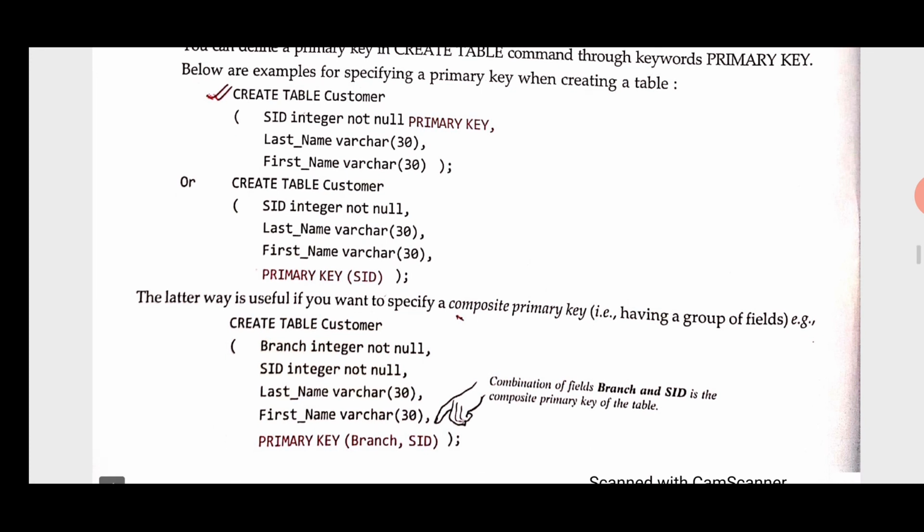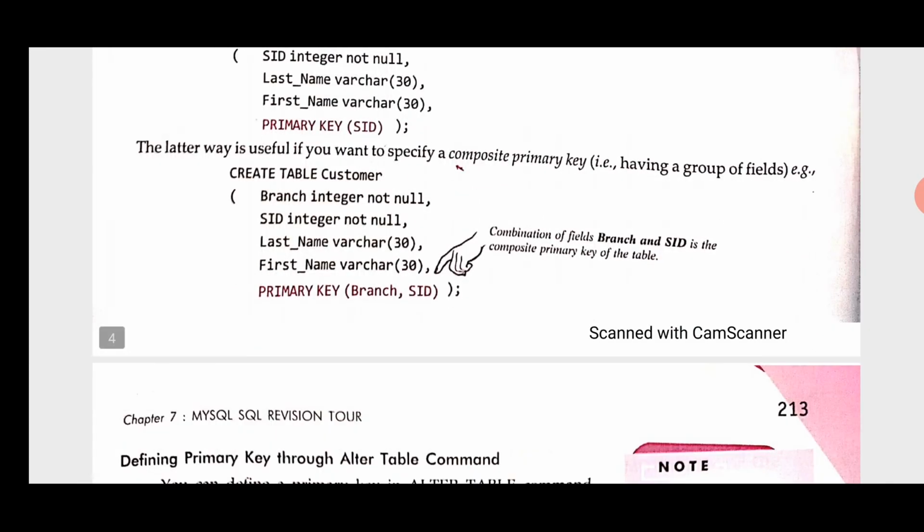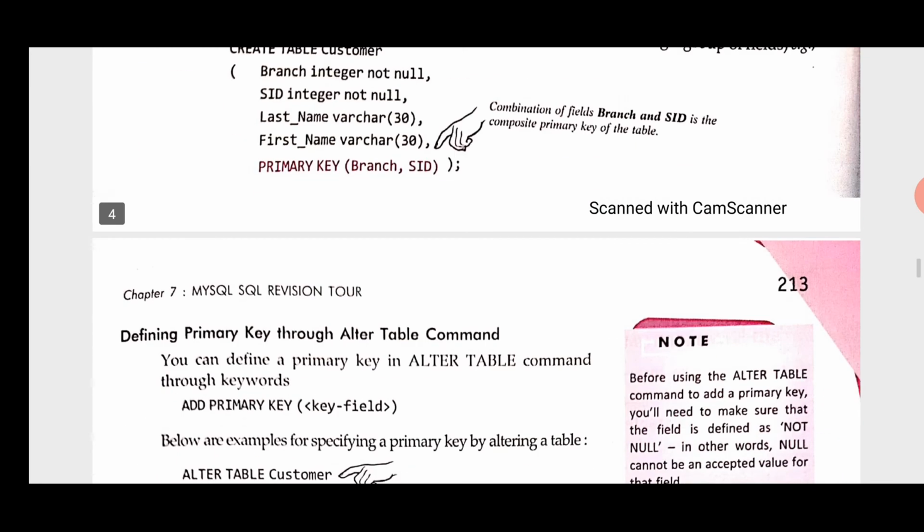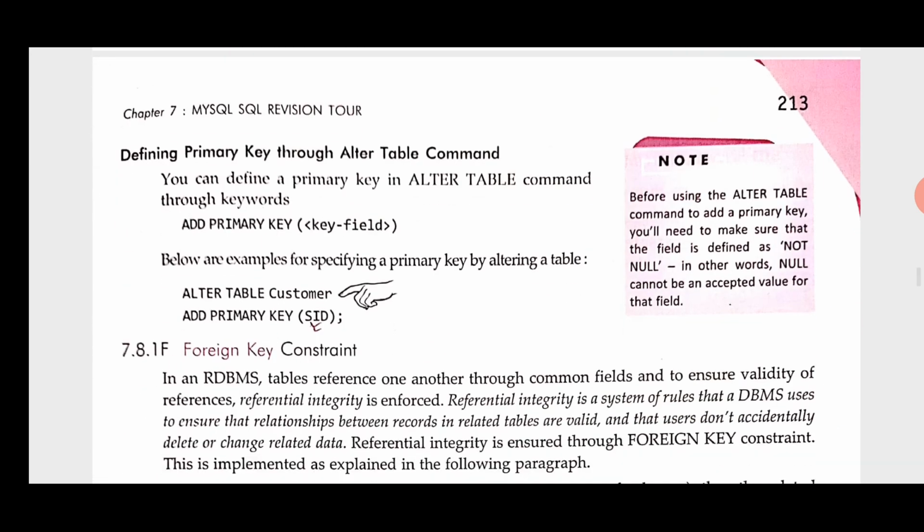After that, the second method, if a table already exists, then how can we do this? In case of defining primary key through alter table command, you can define a primary key in alter table command through keywords add primary key and then the parameter will be key fields.